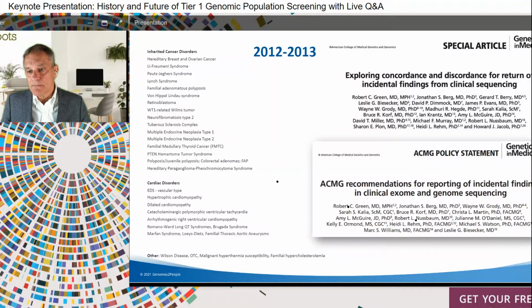So I'm very pleased that to this day, this is the only official recommendation in the world that I'm aware of that says what you should return. And it's become the basis for a lot of IRBs who are trying to decide what to suggest their investigators return in research. As you may know, the version 2 with 59 genes became the basis for return of results in the 1,000,000-person All of Us research study. So very proud of this. And this was happening now around 2012, 2013.